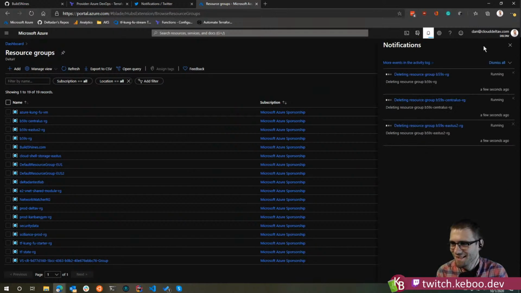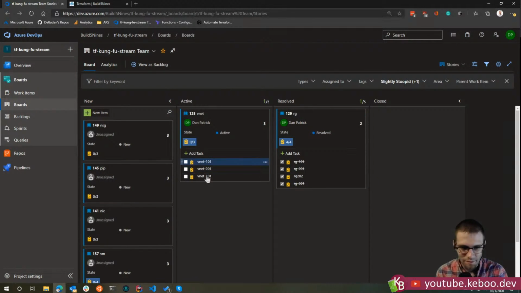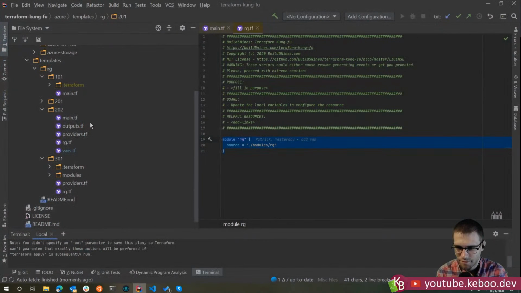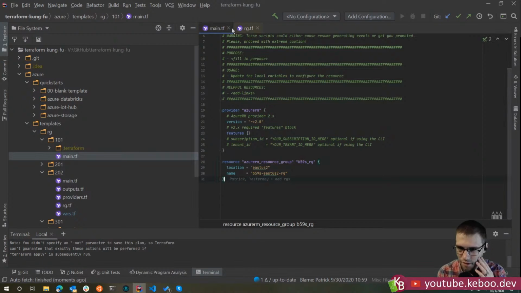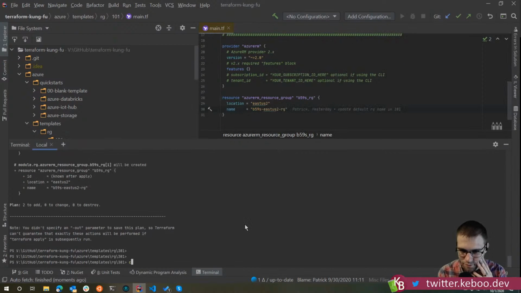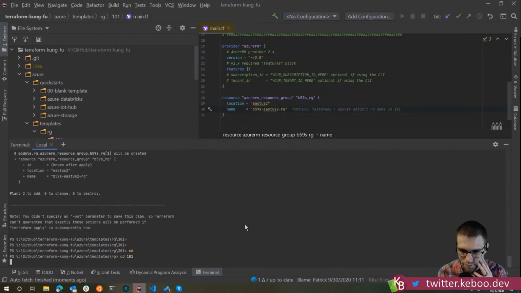Exactly. So this will take a second to delete resource groups. I don't know why they take a long time, but they do. So anyway, if we go back to our 101 directory, because that's what we were mucking with, right? Yep. And remember, I have to go back to my folder because we're running Terraform in each one of these individual folders, because they're effectively almost a project, that one individual folder.